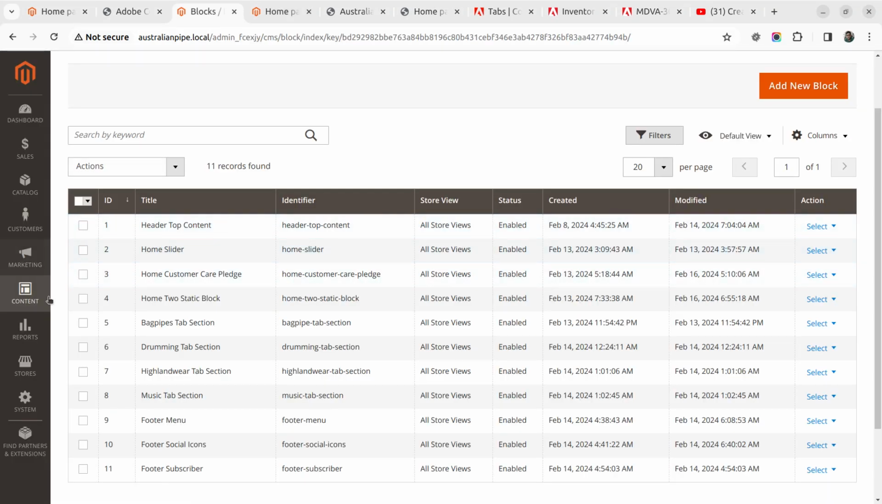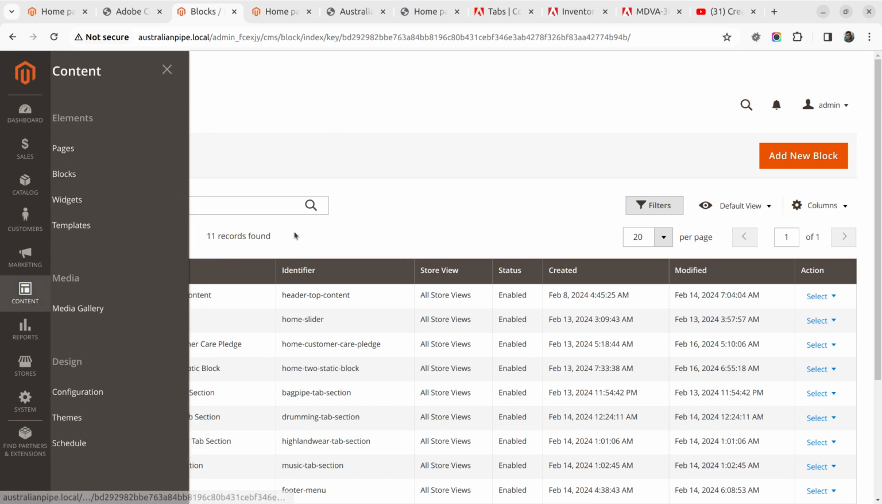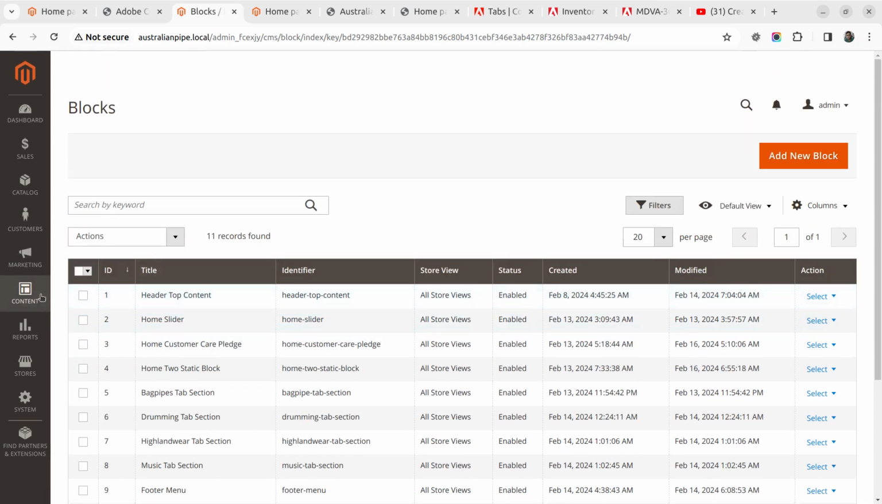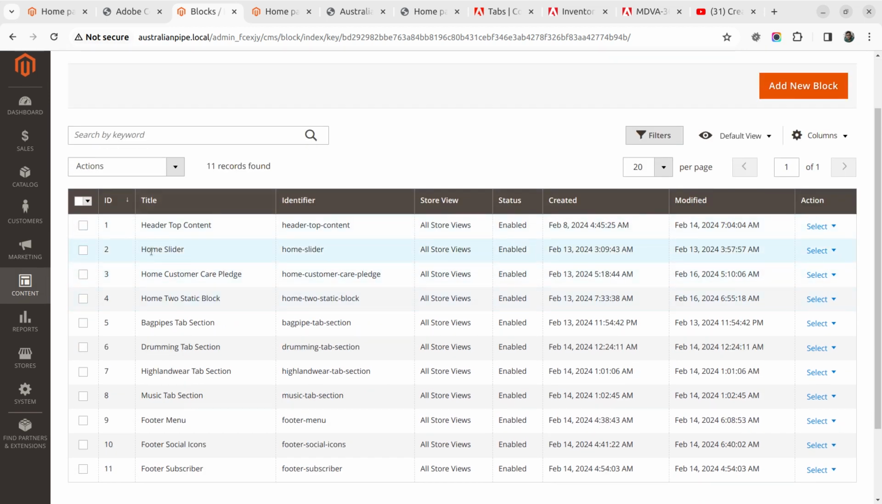Like you have to go to the content and the block. After clicking on the block, you will land on this page. Here we have created the home slider. Okay, when you edit it, you will see